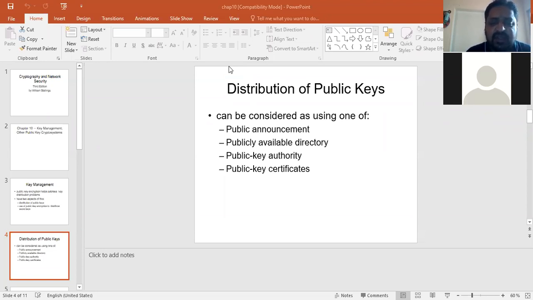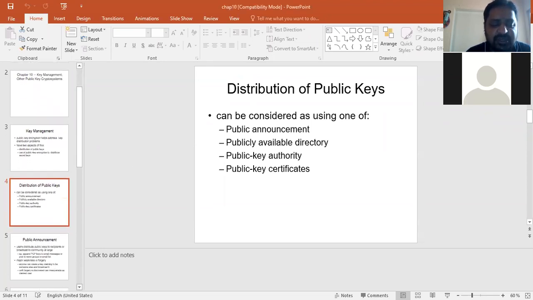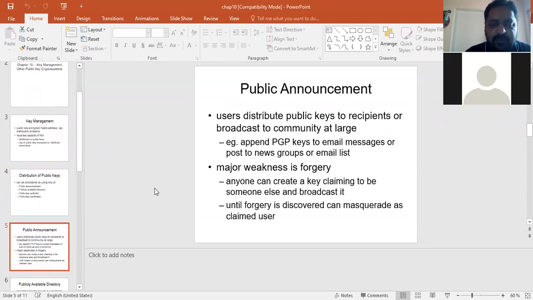Now, what is the function of the public key announcement? How are the keys distributed through this method? In this method, the public keys are broadcasted to every user in the system, every user in the network. So they send the public key to the users who are sending the data. Every user in the network receives that public key